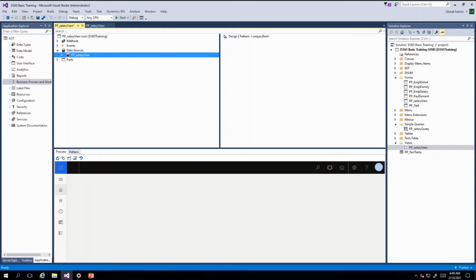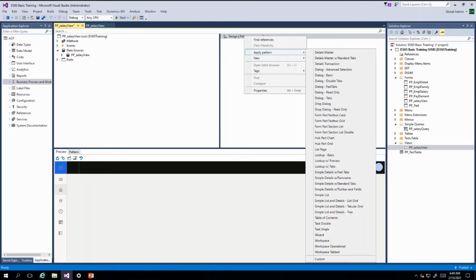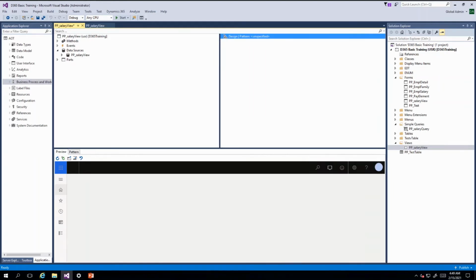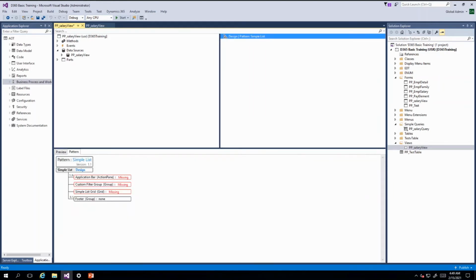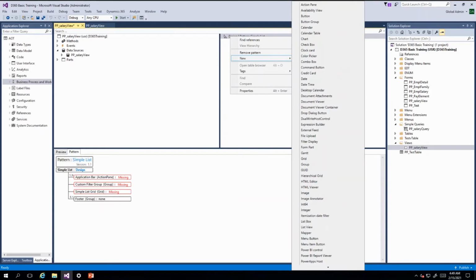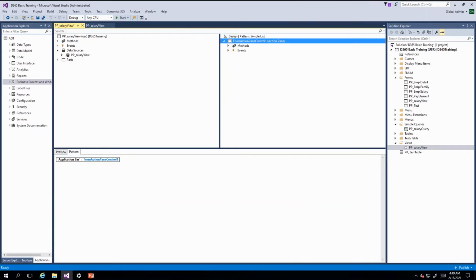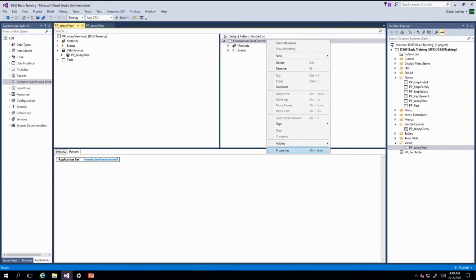Now in design I have to apply one pattern. I will right click, I will apply pattern, one simple list. Refer to the video. In that video I have explained all the patterns available. Now in this design, what I have to add, application action pane, properties also.